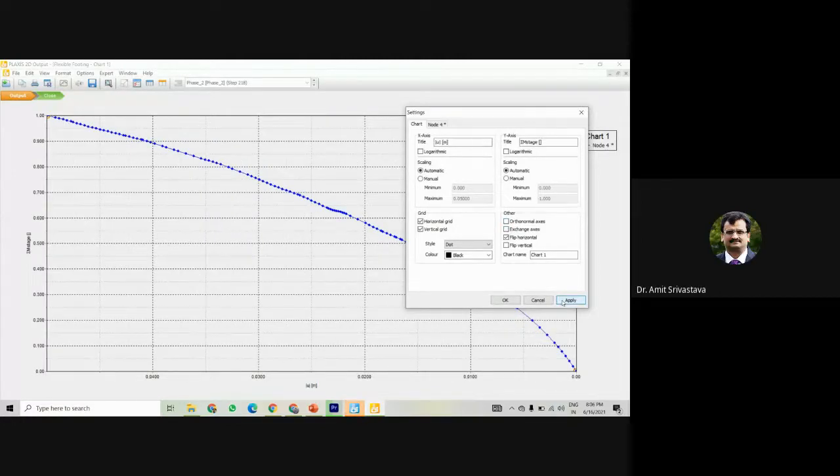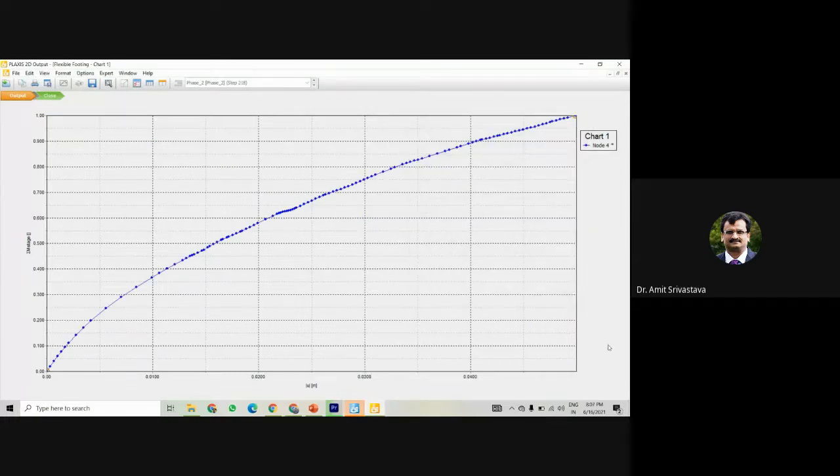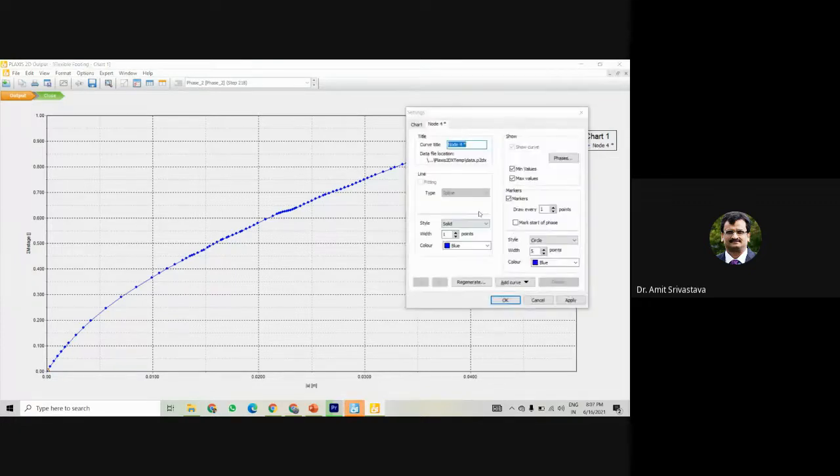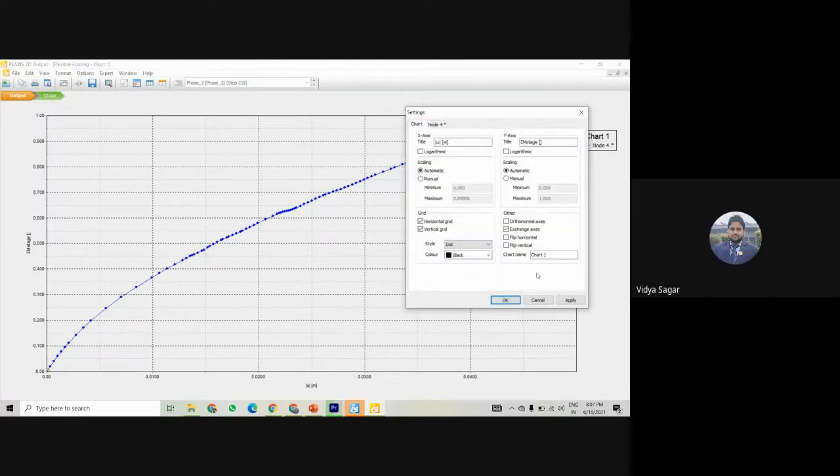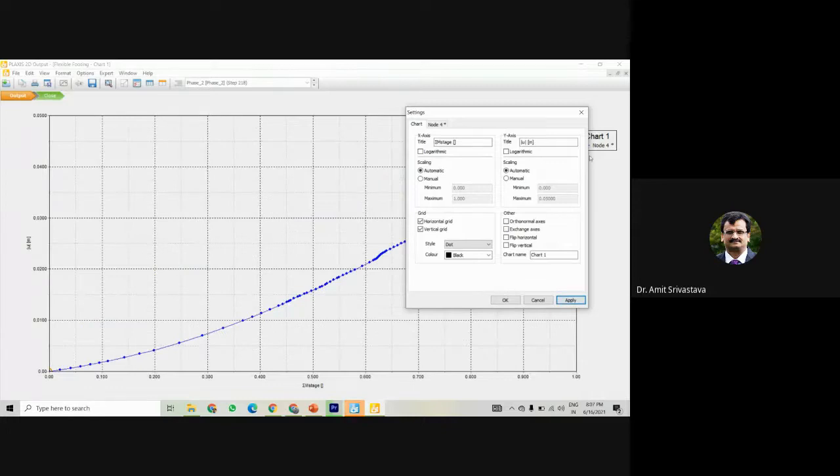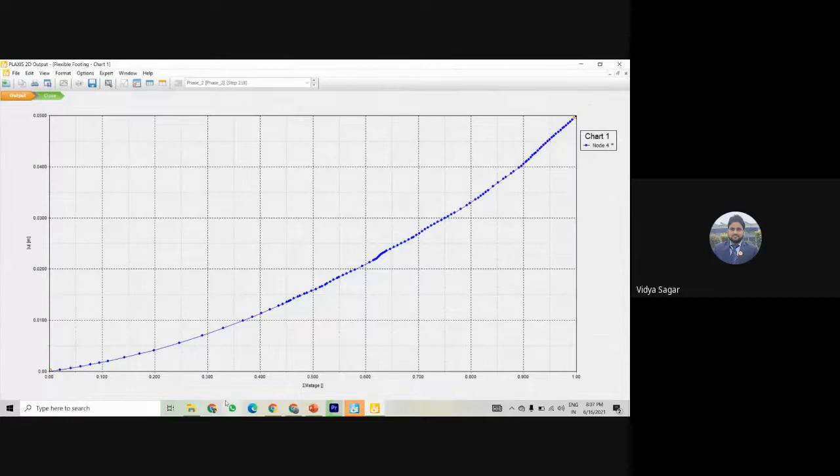No, not like that. This one. Now you see here on the x-axis, what is written? Yeah, this is deformation. No, deformation you make it on the y-axis and load on the x-axis. Now it is. This is the deformation on the y-axis and now you see here on the x-axis.